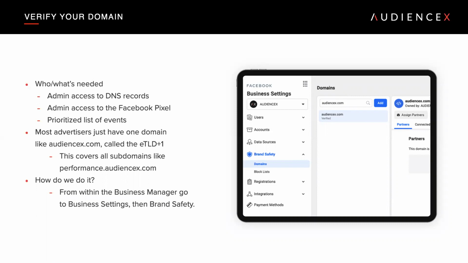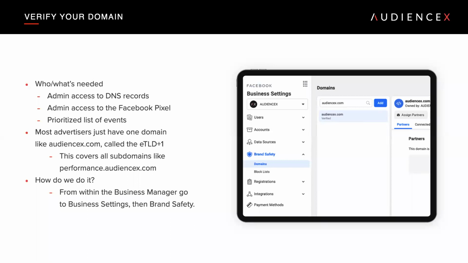As far as the domain, most advertisers just have one domain. I know there are some who have multiple, but most just have one, like AUDIENCEX.com. And this is called the eTLD+1, or the effective top level domain plus one. You don't have to worry about the definition so much.